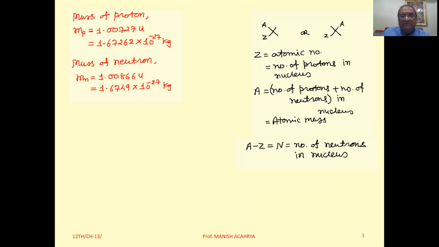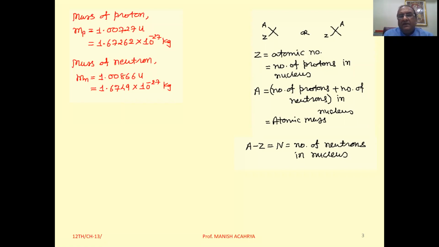Scientist Chadwick performed the experiments related to the bombardment of alpha particles on beryllium, and he studied the emission of the neutral radiations. If we think about the energy of those emitted neutral radiations, in those days they were termed photons. But if we carry out the calculations related to the energies emitted here, the obtained energies were not